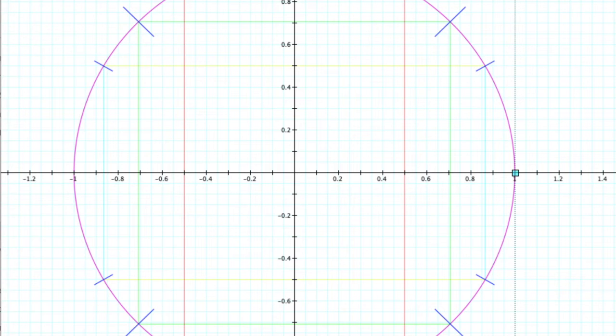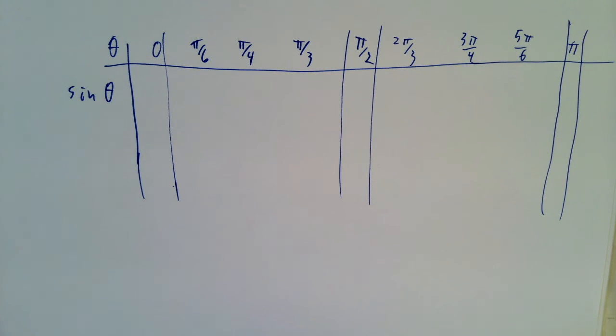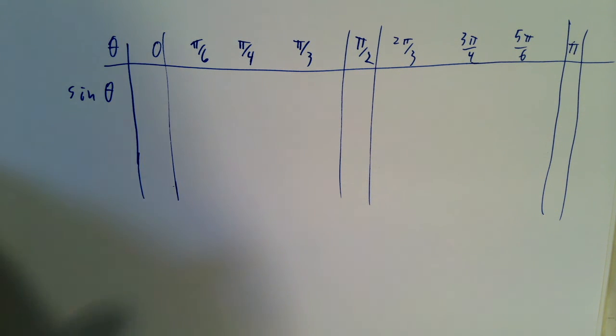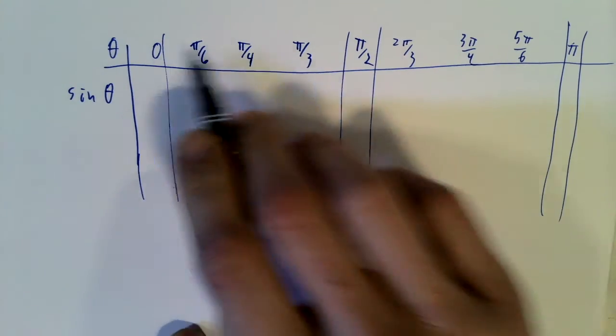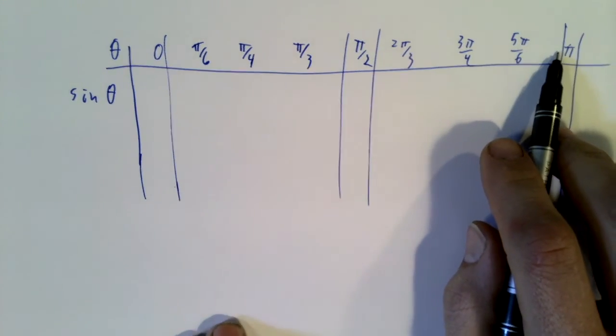I want to put some of those on paper and look at an interesting pattern there. It gives us some nice exact values. All right, back to the piece of paper now to make observations about the pattern that we're noticing there in the exact values. These are some useful reference points as you go through this, where these values come out really nice. Now I'm going from 0 to pi, so we're really only doing first and second quadrant right here,